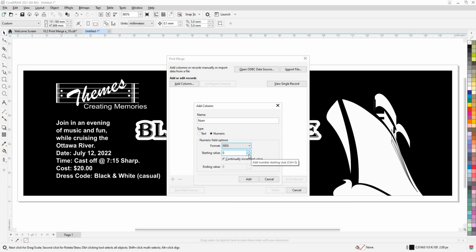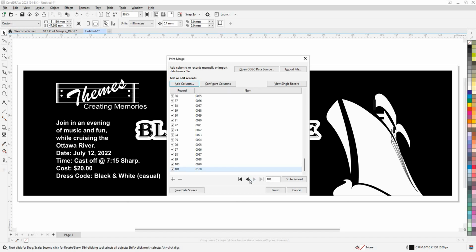I'll deselect continually increment. Ending value is going to be 100. So I'm going to actually be printing 100 of these tickets. When I click add, it's going to add the columns for me. It's simply a matter of clicking on finish. In my print merge options panel, I can insert the selected field and